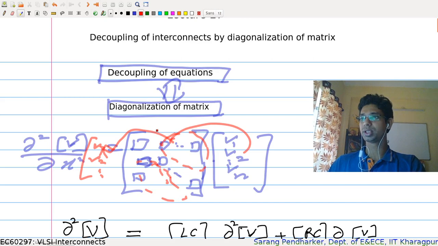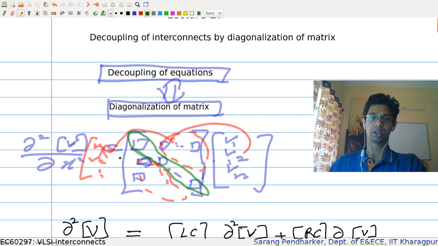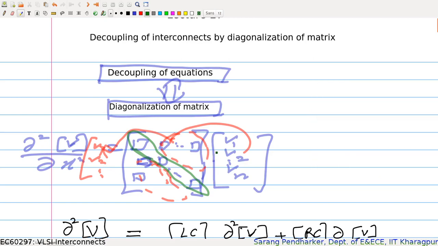Now what I want is to form a procedure where I could transform or define new sets of voltages, which would give me a matrix which is strictly diagonal. Then that is equivalent to having no coupling in those newly defined voltages, because only the diagonal terms will be there. So you could just write those independent equations, and one term will not have a contribution from the other. Right, so we'll look at that process in general.